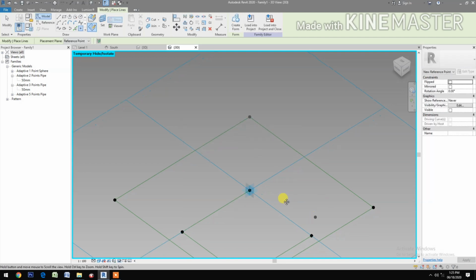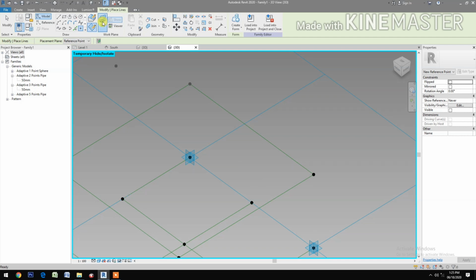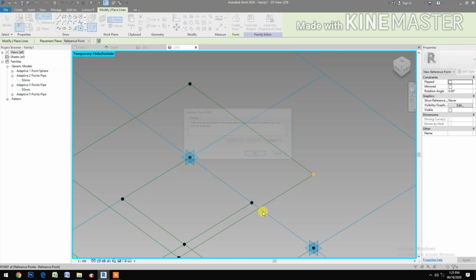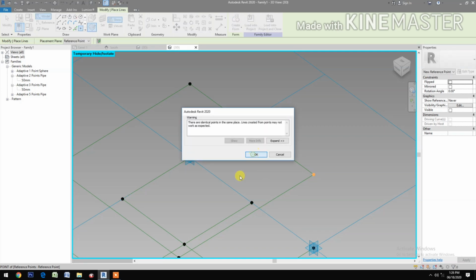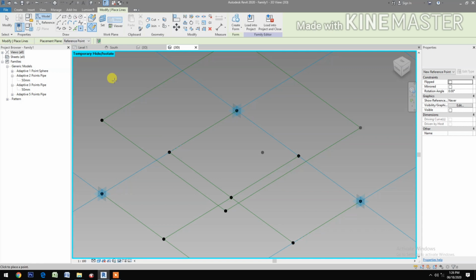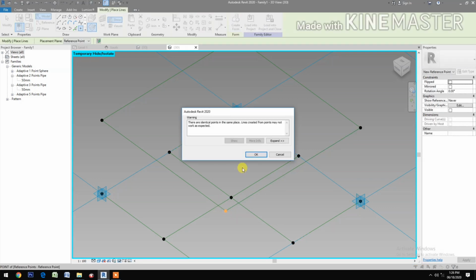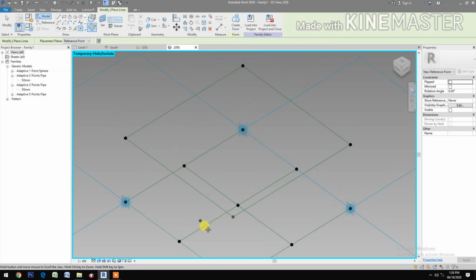Okay, set work plane, set this horizontal plane, pick reference point. Okay, next set work plane, set this horizontal plane, pick reference point. Okay,